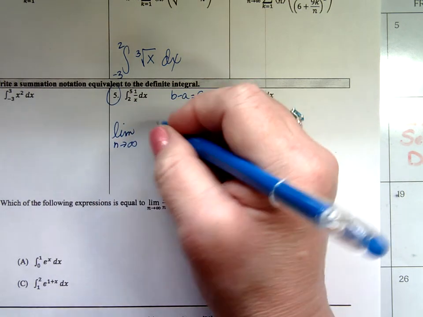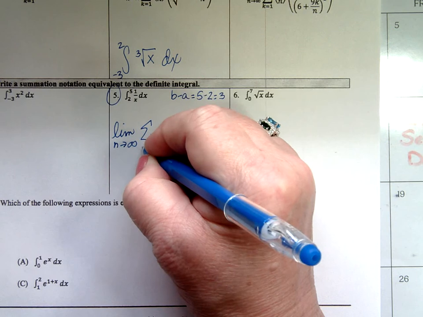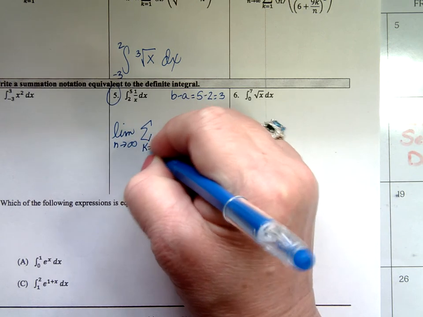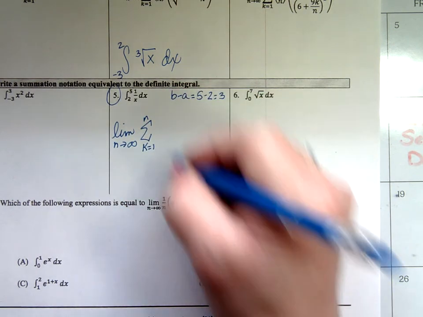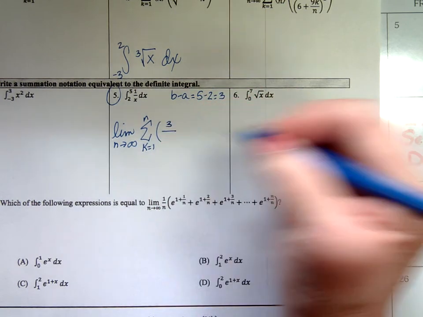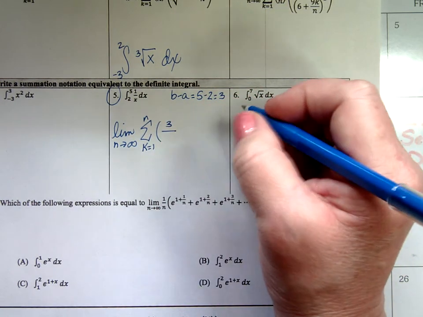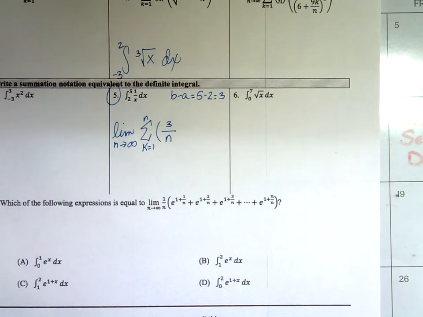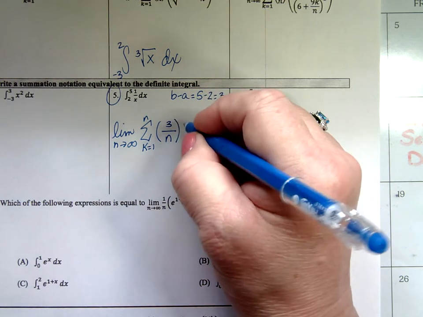Okay, so this has to have the limit as n approaches infinity. It has to have the summation symbol going k equals 1 to n. And then it's going to have my b minus a, which we said is 3, over n. I don't know how many subintervals there are. And then it has to be multiplied by,